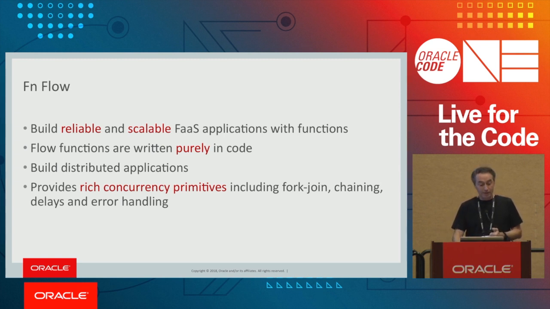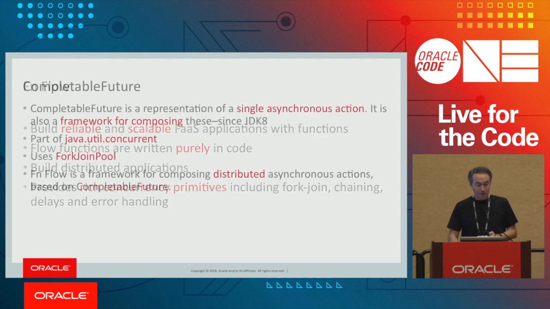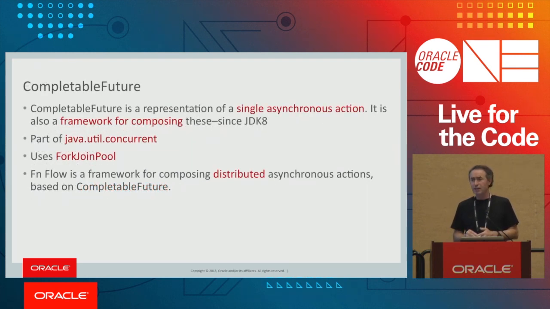Now, we didn't start from scratch on this. Is anyone using CompletionStage or the CompletableFuture API? No? Okay, a couple of people. It came in Java 8. Good, because it's not the most well-known framework, but it's basically for managing threads, through using promises or futures. So you can basically say, I want to execute a piece of code, and I want to get a handle to the result of that, the future result.